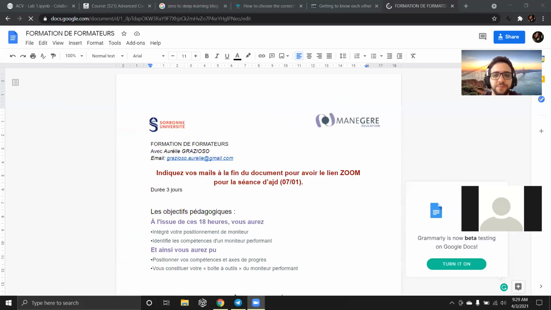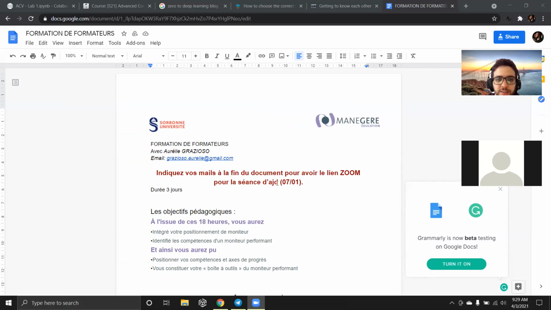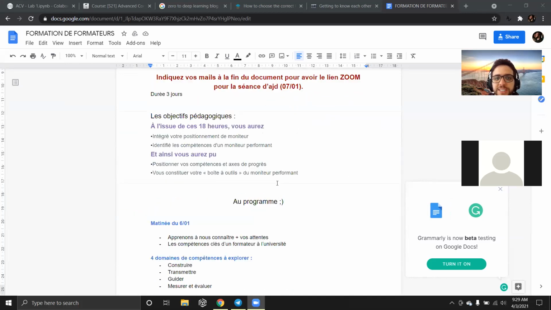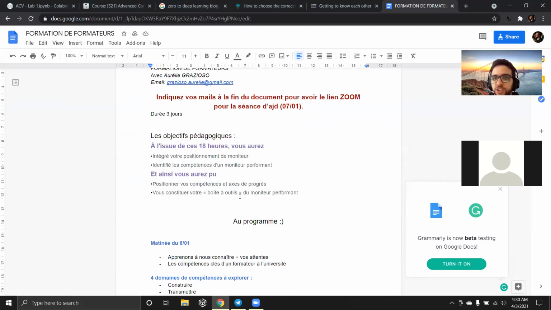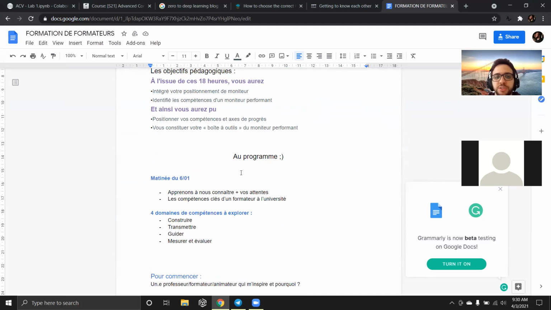I think it's this one. So it's in French, so I don't think you would understand many words, but you'll just understand the structure easily. So can you see my screen? Yes, we can. So basically, we start by creating just a small shared Google Docs, and we put the